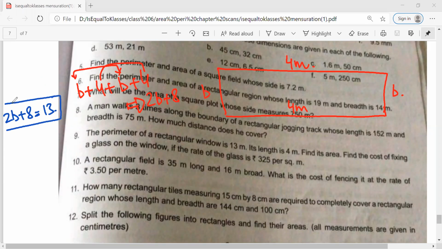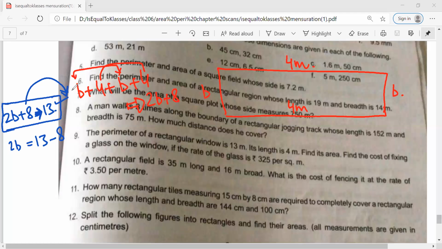Mr. Sarthak, do you know how to solve these basic equations? Do you know? No, sir. So, I'll try to make you understand. If you are able to do it, then it's okay. Otherwise, maybe in 7th class, we'll be doing a lot of exercises regarding this. So, 2B plus 8 is equal to 13. Now, this 8 will go to the right hand side. It is positive here. It will become negative when it changes the direction to the right hand side.